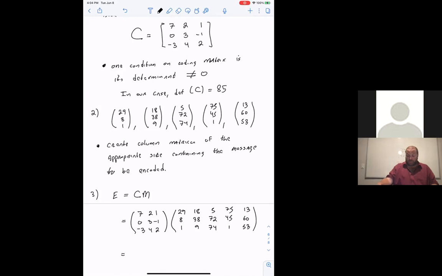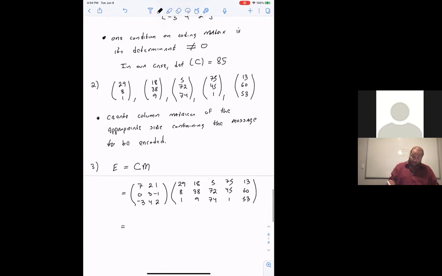3 by 3 times 3 by 5 gives me a 3 by 5, which is great, because if I start with 15 numbers to be encoded, I want to end with 15 numbers to be encoded. Now, second matrix, I already have my A as my 3 by 3. In this case, I'm going to go to edit, and I'm going to make my B a 3 by 5,